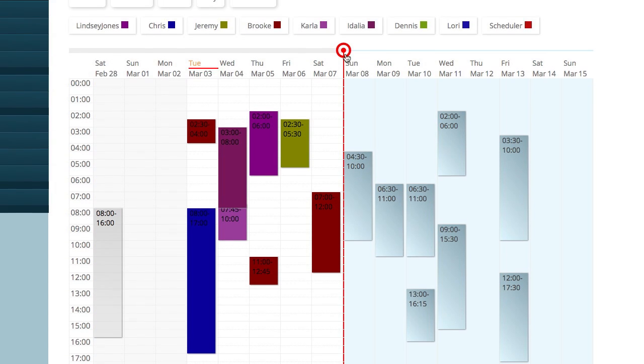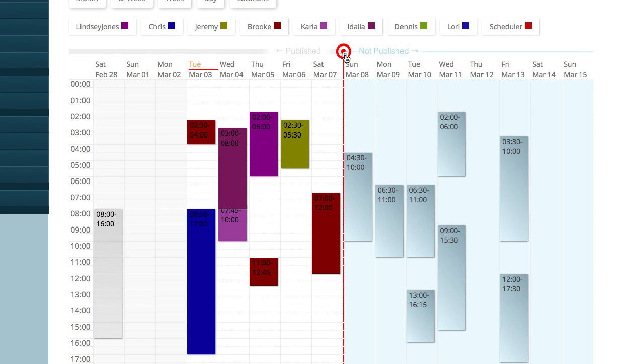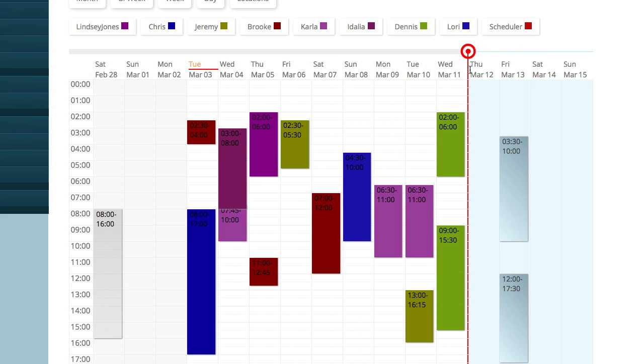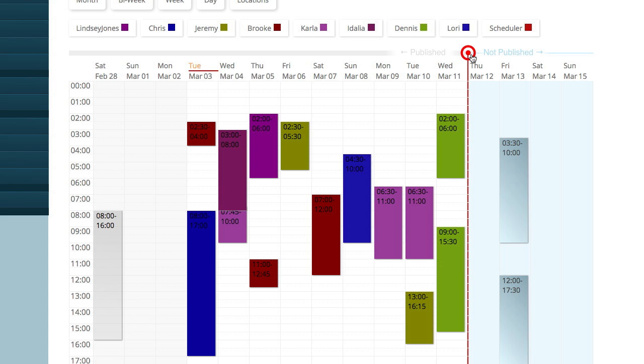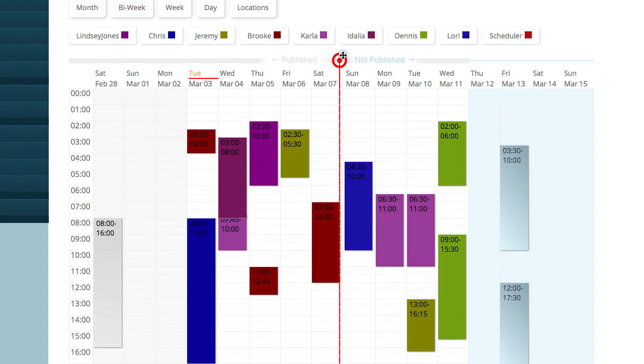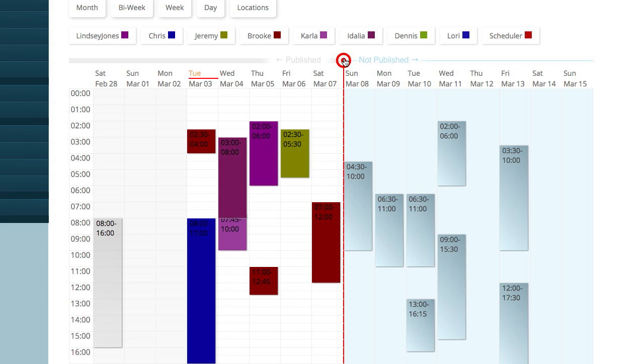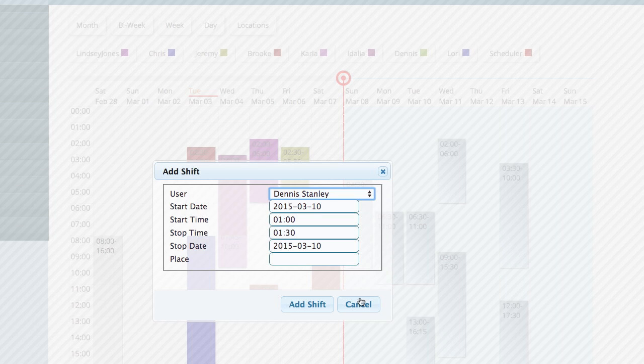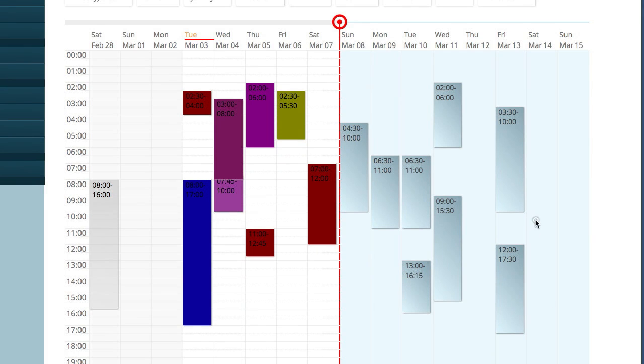All right, and this is kind of slick. We just go ahead and drag this line, and whatever's on the left of this line, that's what's going to be visible to people. So we can change that on the fly. We can even go back if we want to. I'm sure that'd probably confuse some people if their shifts disappear, but then you can go ahead and change some of those again. So we've got the add by person, we've got the add by time frame,